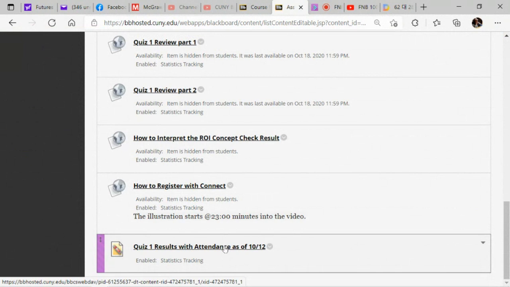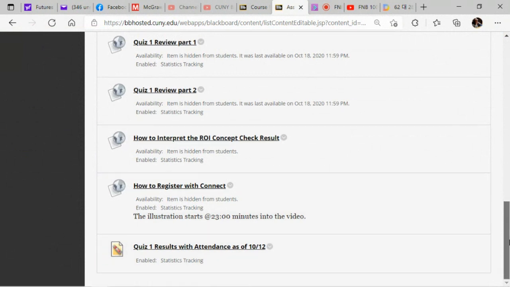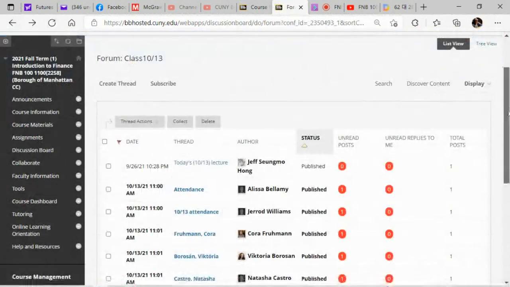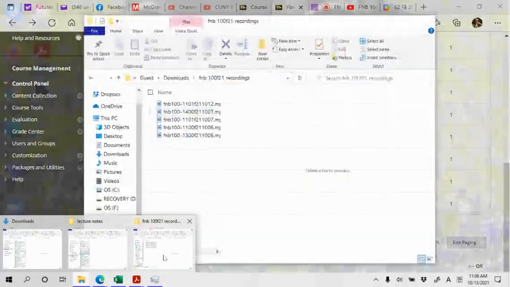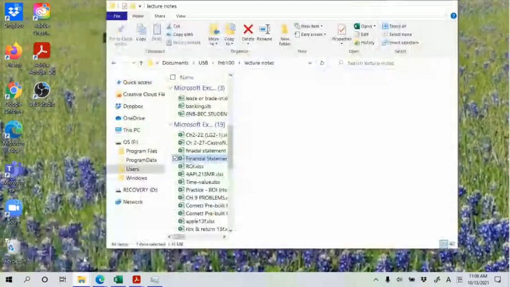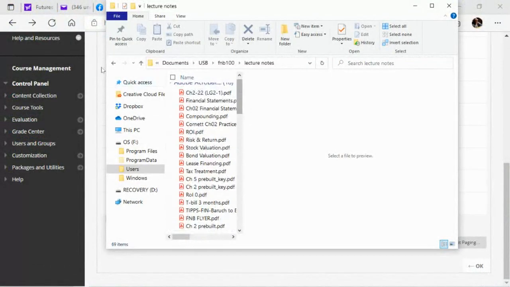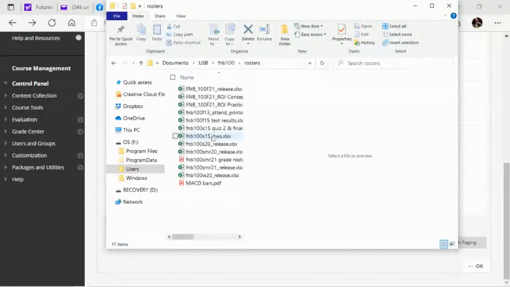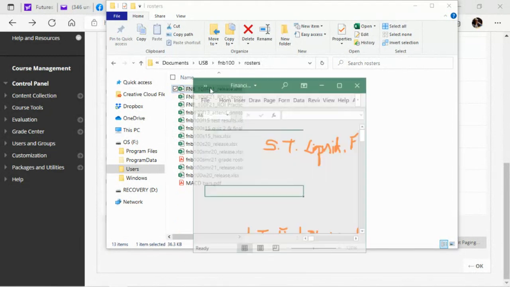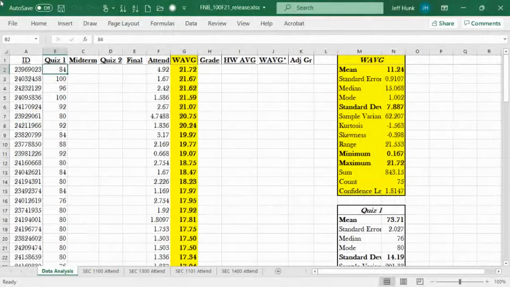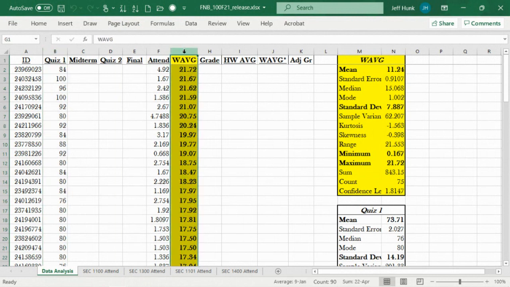Quiz one result, right? And if you click on that, I have already downloaded that file, of course. So if you click on that link, you'll be downloading this file. Two things. First of all, there's quiz one data, and there is weighted average. And the weighted average is clearly by the policy